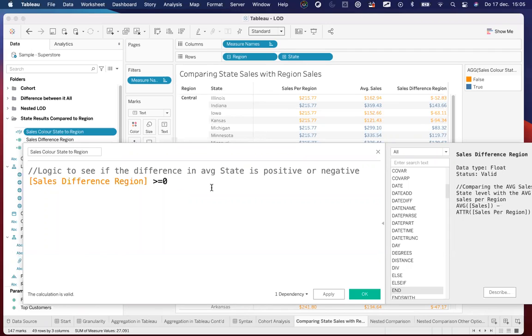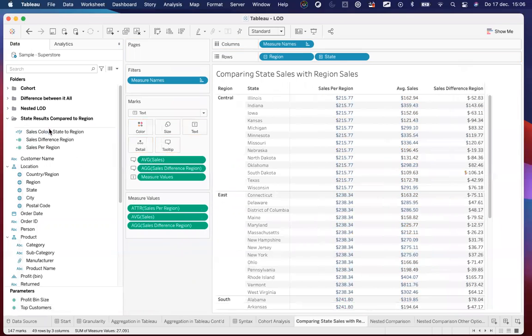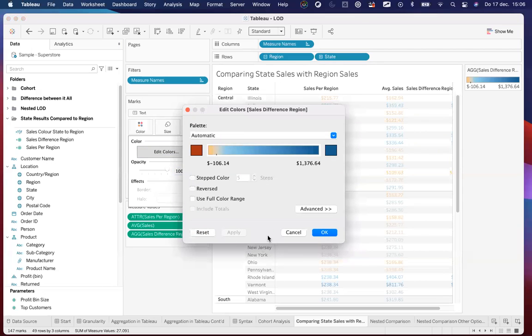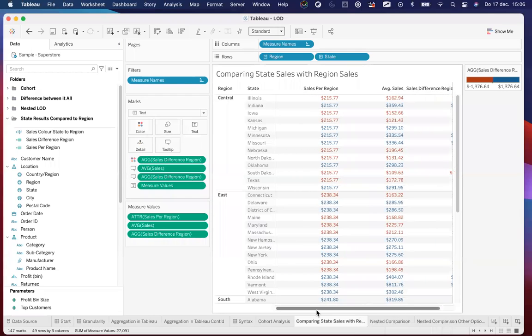What Mike is saying is a very valid point. I can also put the measure on color so that we get sales difference per region. I'll remove this sales difference per region on color. Go to edit color, stepped, use 2, and then apply. To me, both are valid. So Mike, this is a very good question. So what Mike is doing